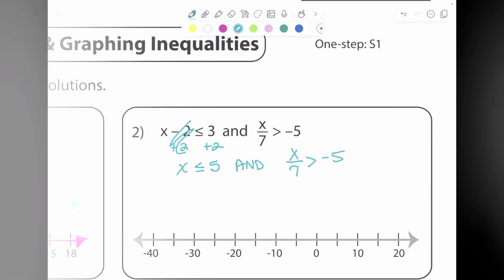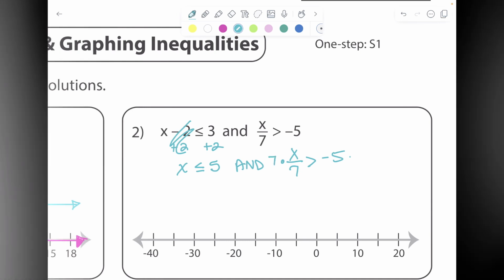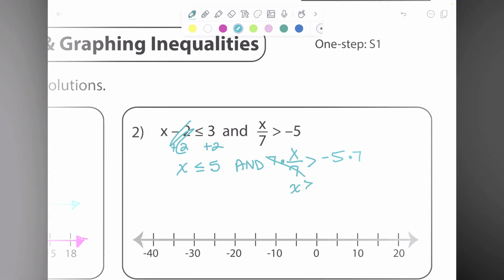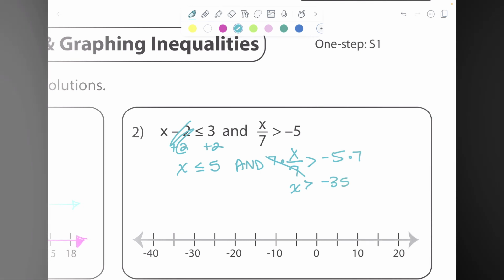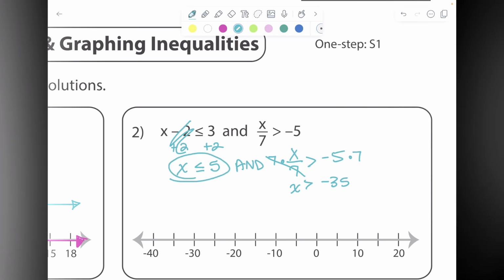We do the inverse of dividing by 7, which is times 7. So now we're going to work with x is less than or equal to 5